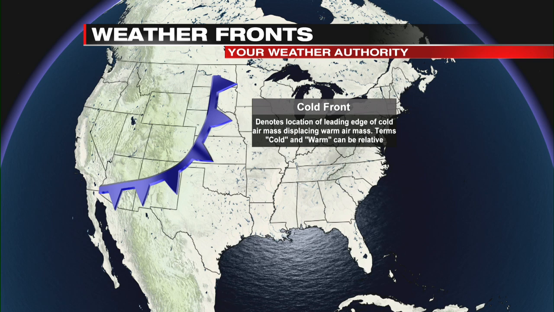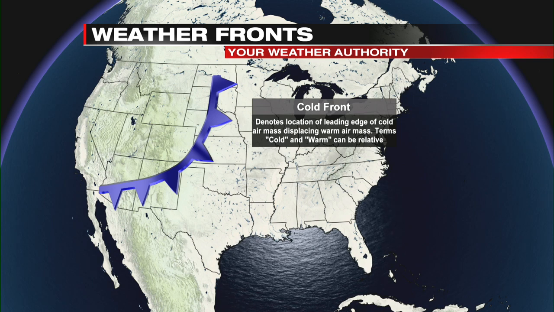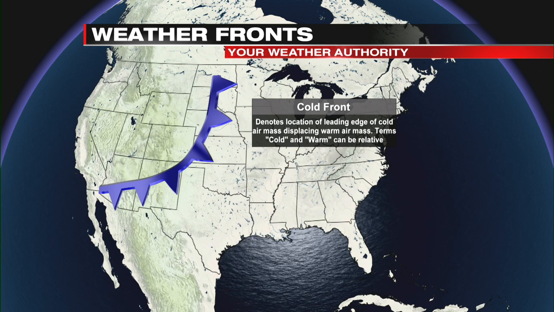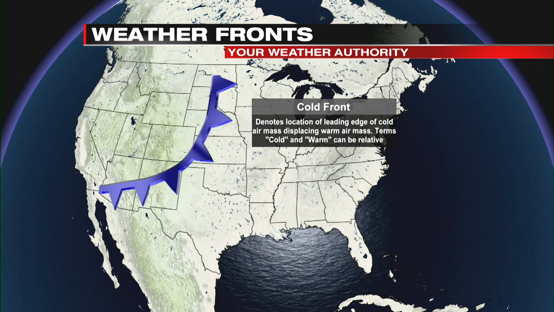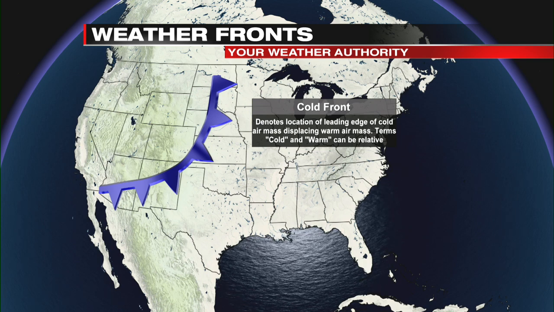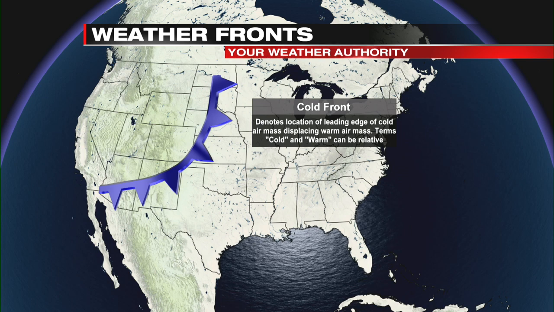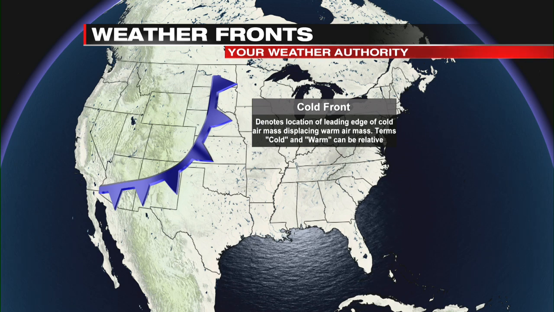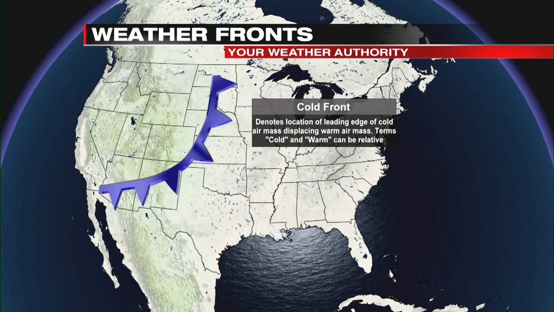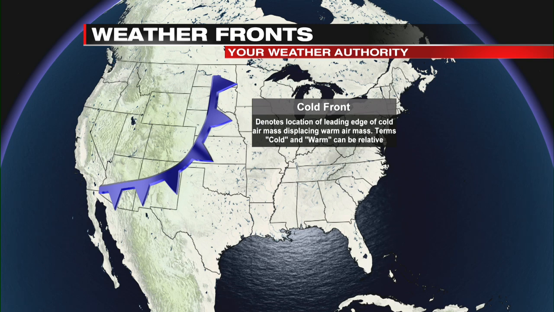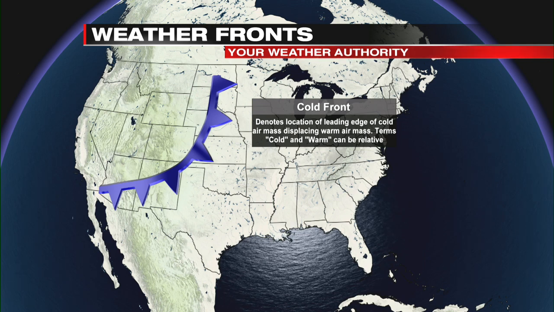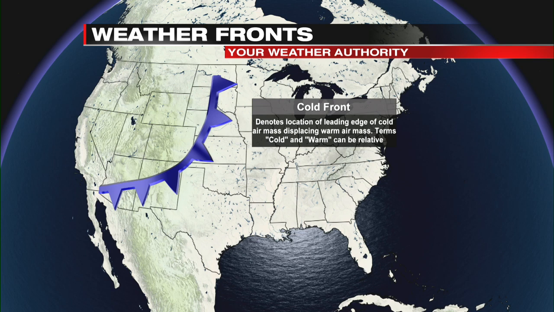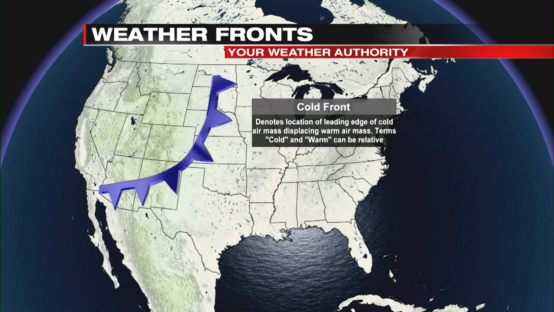So the first one, pretty common, that most people know, especially here in Erie, Pennsylvania, and really all across the Northeast, cold front. These are indicated on weather maps by a solid blue line with what almost look like teeth. They can be mean sometimes. They cop a little attitude in the summer with thunderstorms, and then in the winter with cold weather. So this denotes the location of the leading edge of a colder air mass that will displace a warm air mass. That's the technical definition.